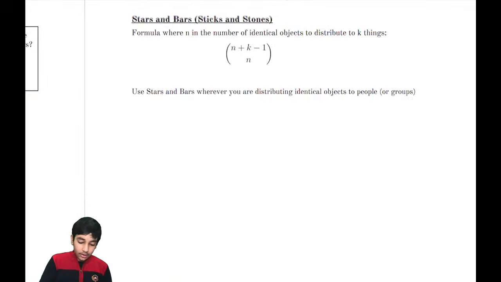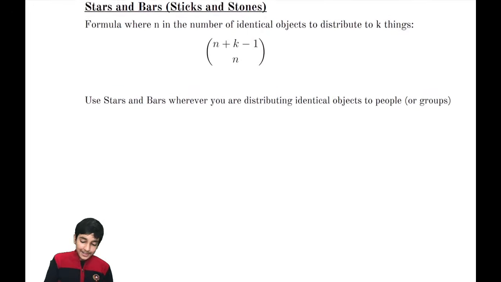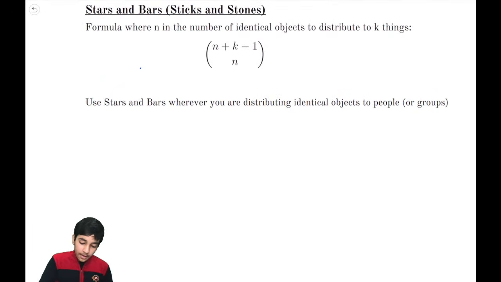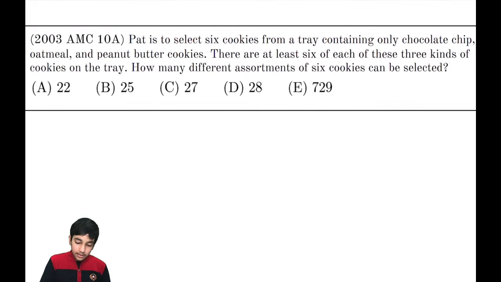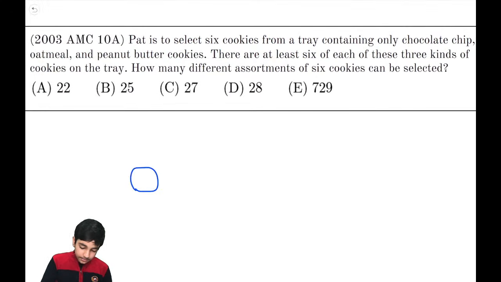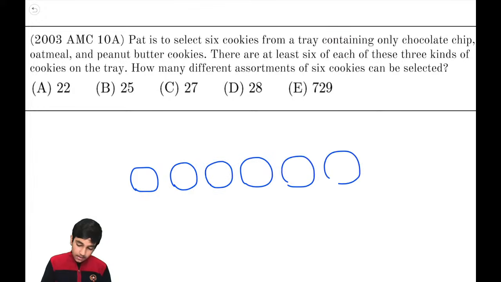We can also take a look at stars and bars. So again, we already covered this formula in the AMC math counts class, and we covered that there's going to be K minus 1 bars between the n objects. So let's look at some problems. Let's start off with the very simple stars and bars problems. We have 6 cookies. And then we have chocolate chip, oatmeal, and peanut butter cookies. And there are at least 6 of each